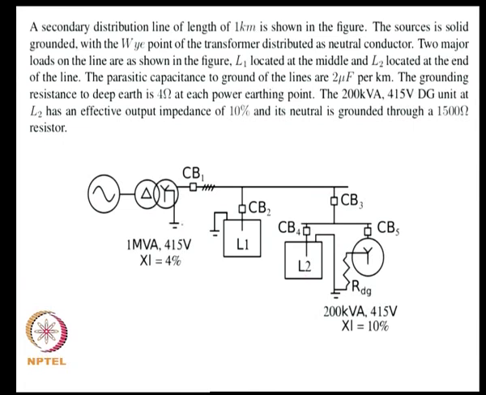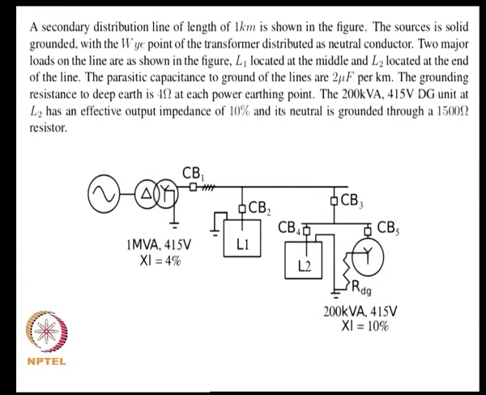Each grounding is solidly grounded, but the ground resistance to deep earth is about 4 ohms, which is essentially the resistance between the earth electrode and the soil to deep earth, and you have parasitic capacitance to ground for the lines, and that is 2 microfarads per kilometer,